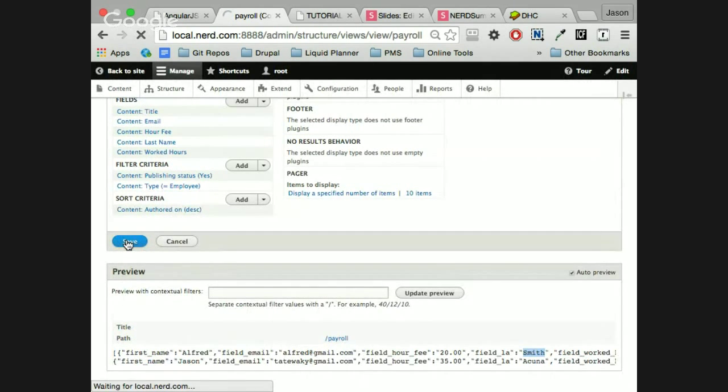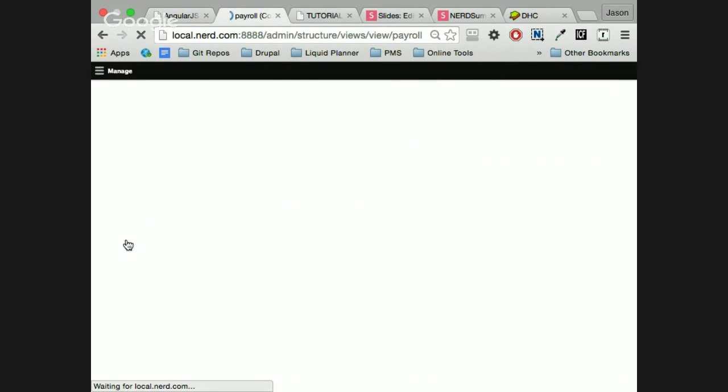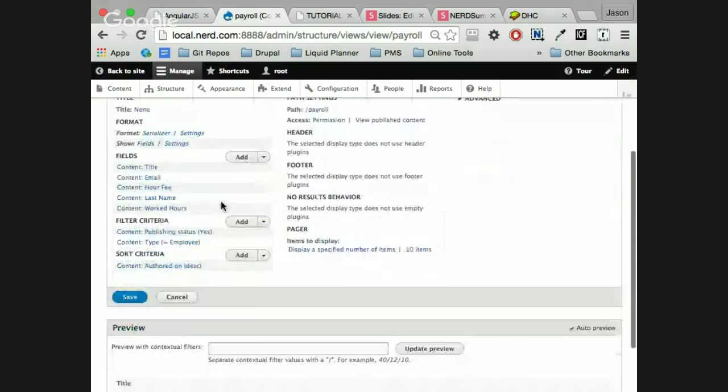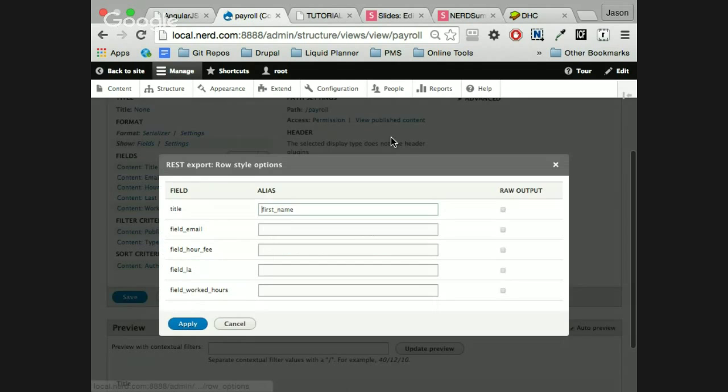Let me save it. Now, we already have the architecture and a way to provide data, of course. Yeah. So you provided an alias title. Of course, yeah. And actually, that's something I have to do, and I totally forgot about.